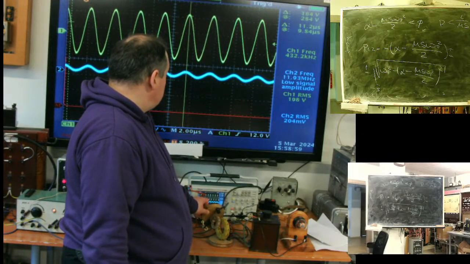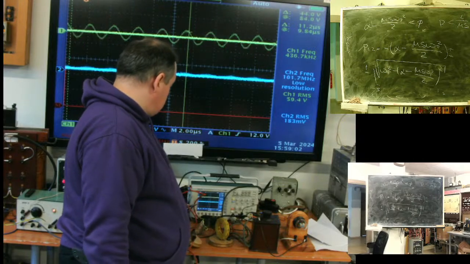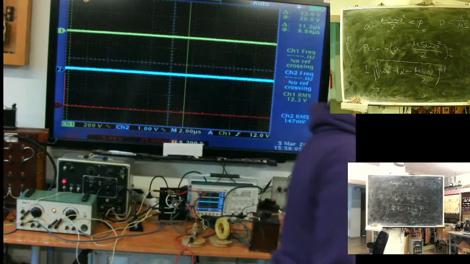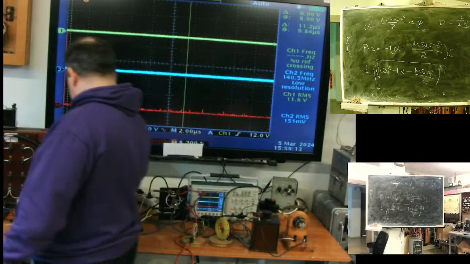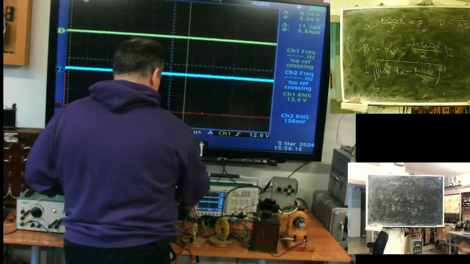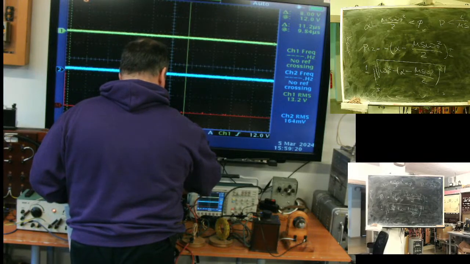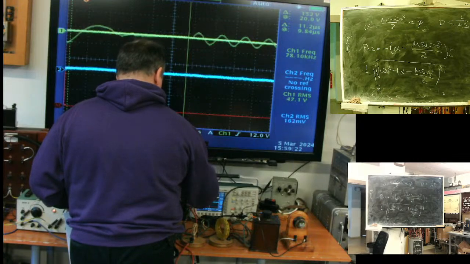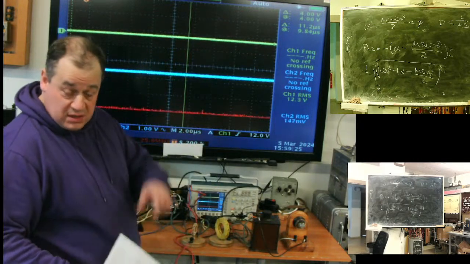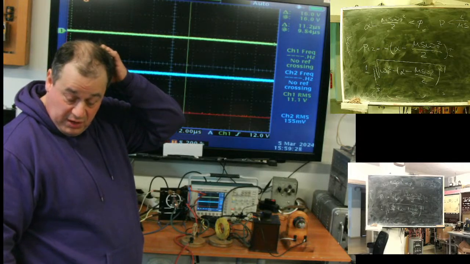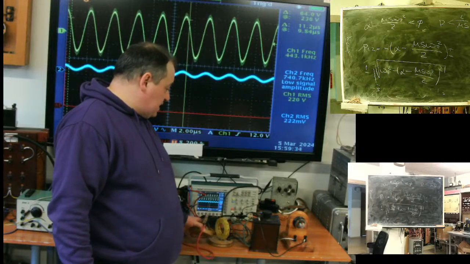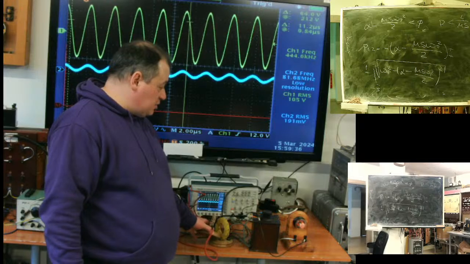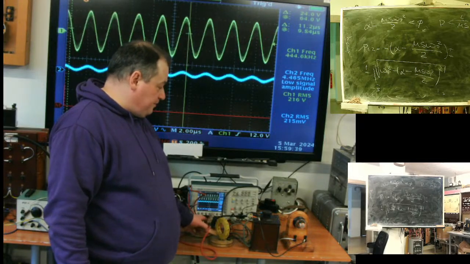And I have a harmonic signal generator. What's the conclusion? Number one, a system with feedback has a characteristic defined by both the direct and feedback circuit characteristics. And second, a system with feedback is stable until